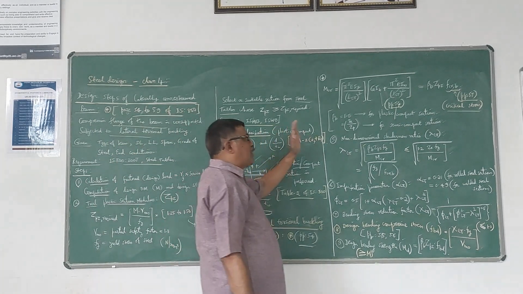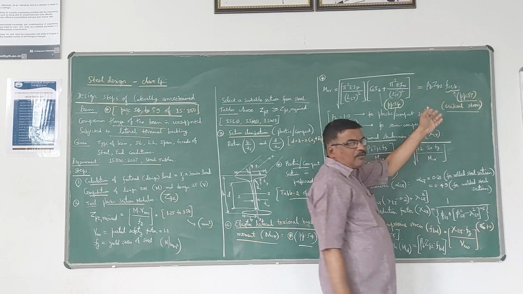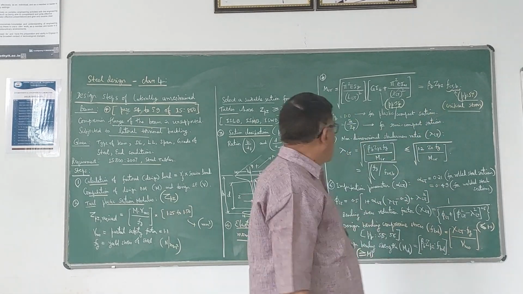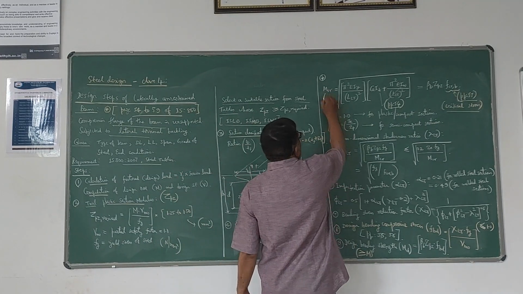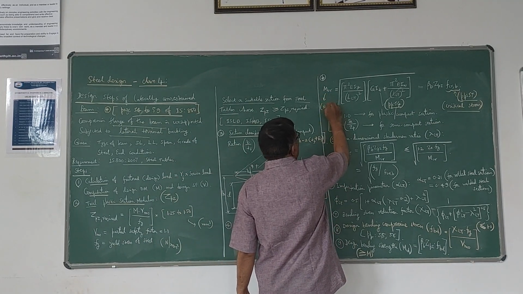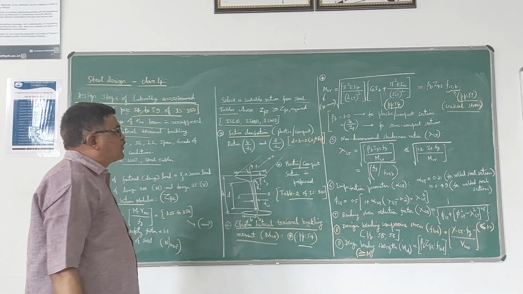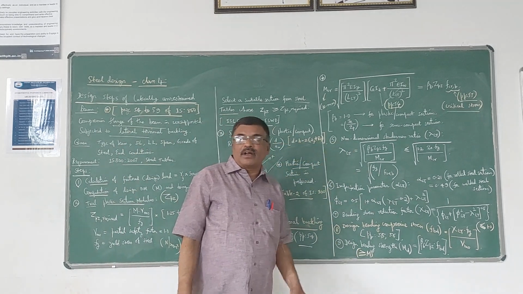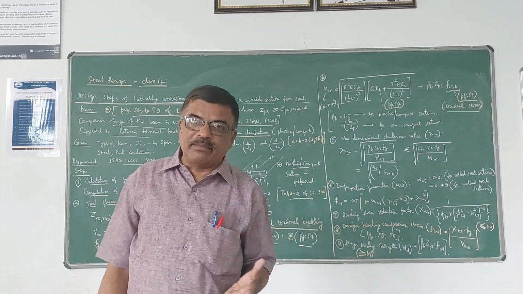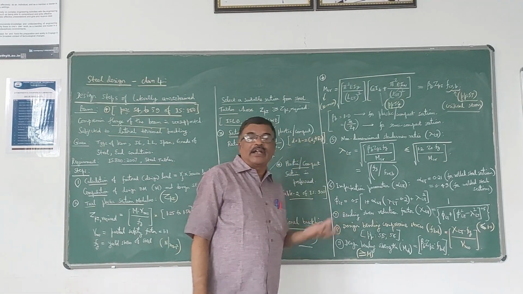So either you can calculate MCR using this formula or using this formula for which the value can be obtained from the table. So after getting this MCR value, this MCR value will be in Newton millimeter because it is a moment value, Newton millimeter. So this is the very important step in laterally unrestrained beams, because in the case of laterally restrained beams, we are not calculating this MCR. Directly we are going to calculate MD.